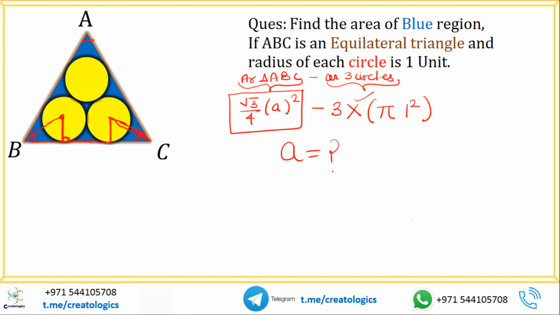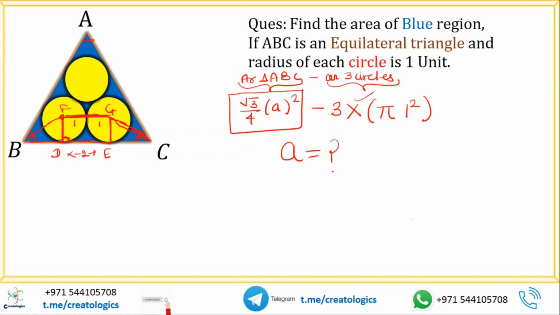Due to symmetry, we need not calculate both the things, we can calculate any of those, and the radius of the circle is 1 unit, so this distance is 1 unit plus this distance is 1 unit. So in total, if I give names to these, let's say this is D, this is E, this is F and G, so this FG is 2 units, right? 1 and 1. So this total DE is also 2 units.